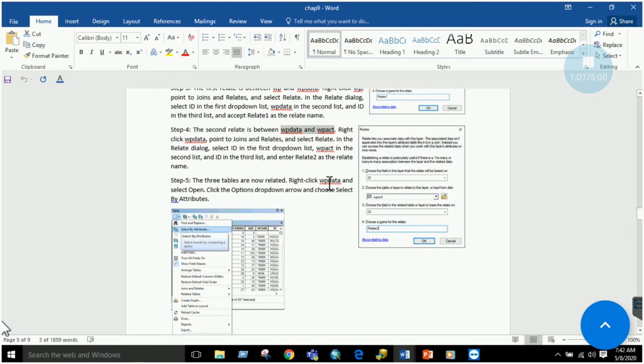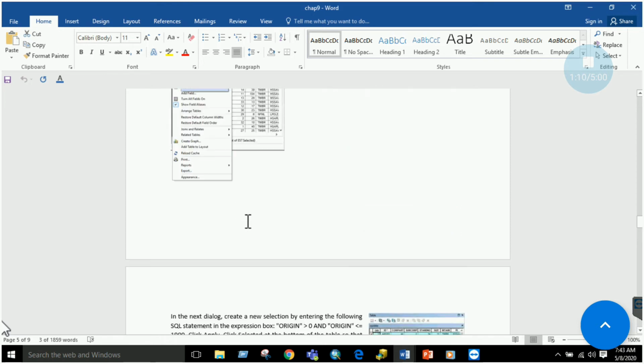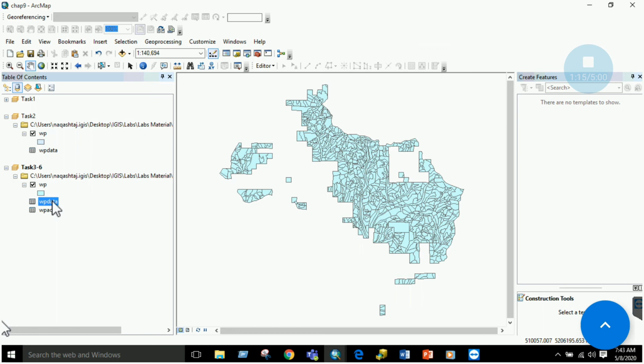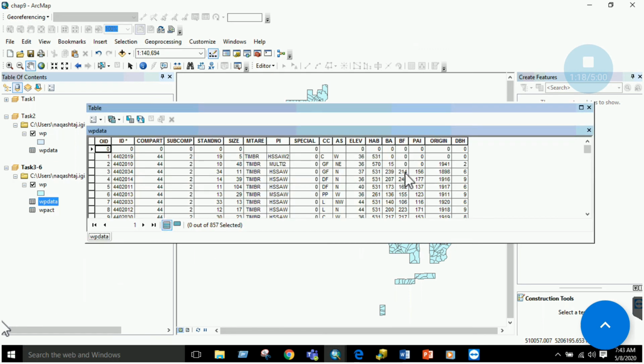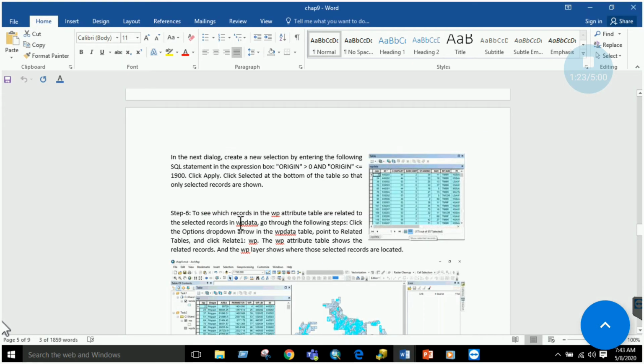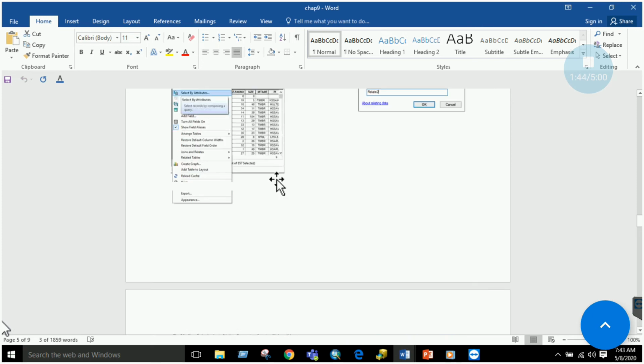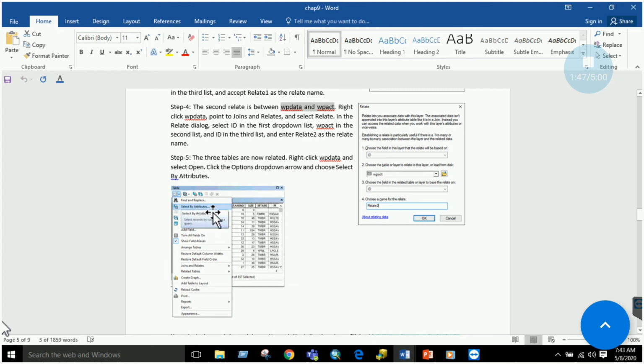If you click WP data and see its attributes, you will see some more information over here, right? Here we have WP data, select open. So here you have some more information displayed. Okay, the next thing you have to do is to select some records, like I quoted you an example of trees, buildings and roads. So here we have to select some information from the three files, right? So we have first related three files. Now we are going to perform some SQL query to fetch data based on multiple files, or two to three files, right? So what you have to do is to go to the select by attribute tool.